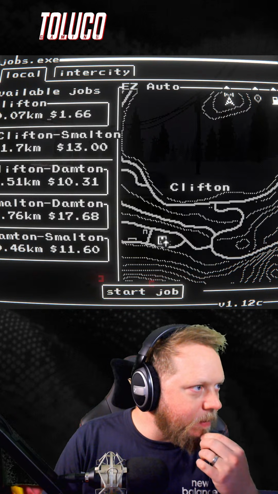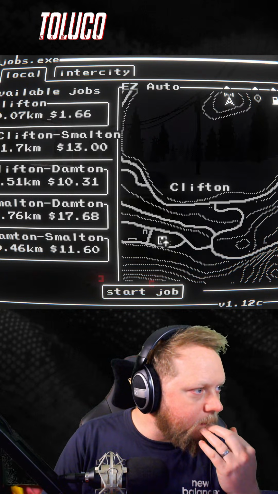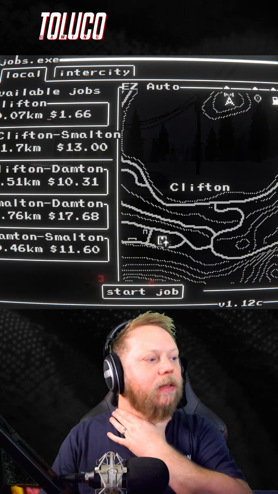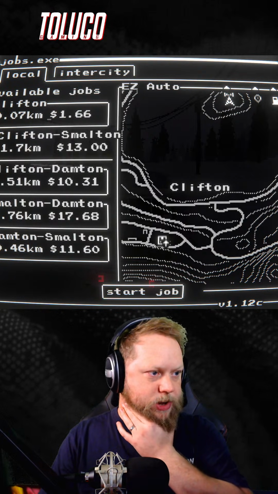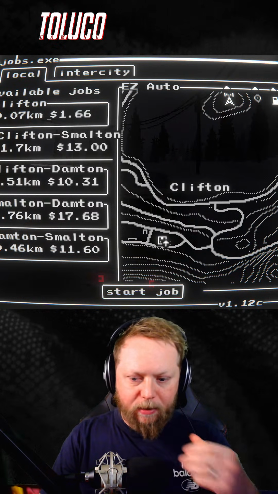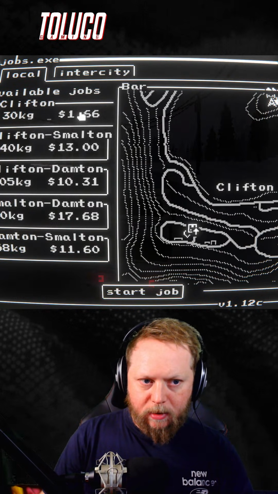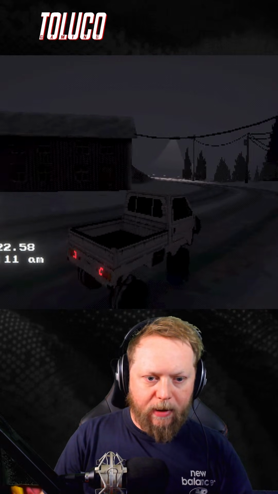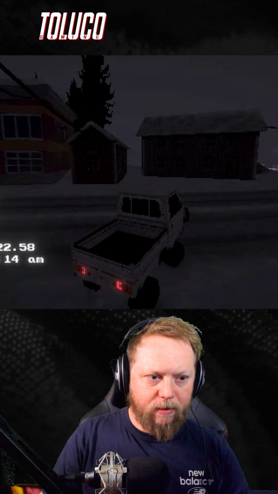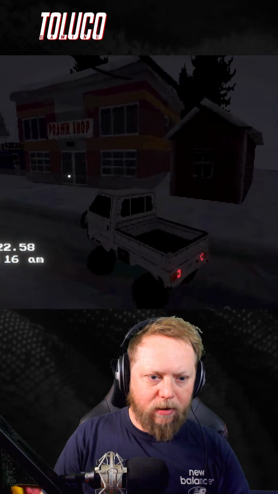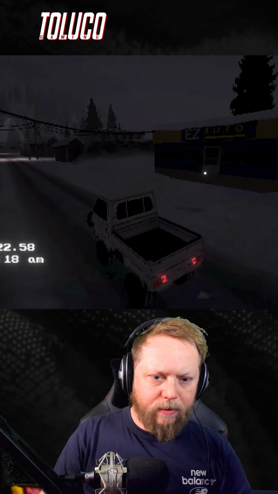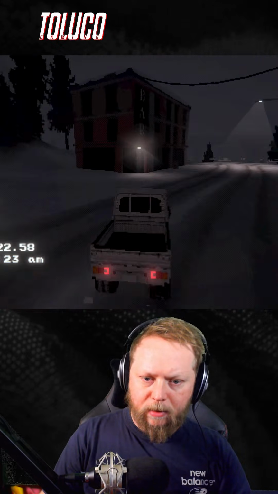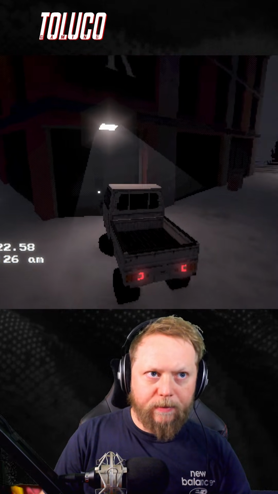Fishing town. I need a map showing me where you get the fishing rod. Easy supply depot in the fishing town. How do I find that? I've got to start a job. Pick up from the bar. I don't know where the bar is. I don't know if I'm in the right place for that. I don't think I am, because there's a pawn shop. Easy auto. There's a bar here, but I don't think it's this bar, is it? Let's see what this bar is.